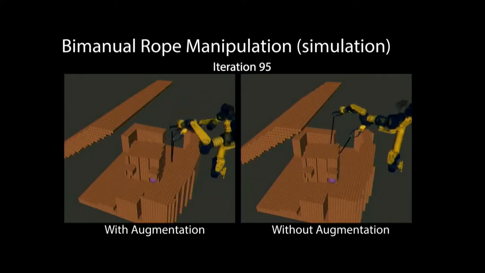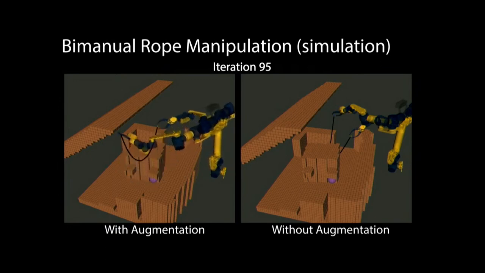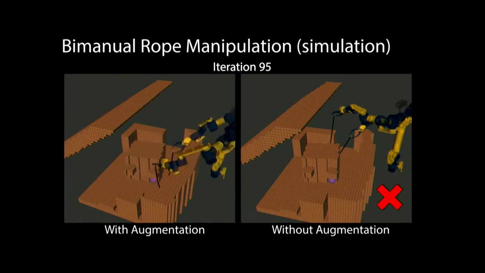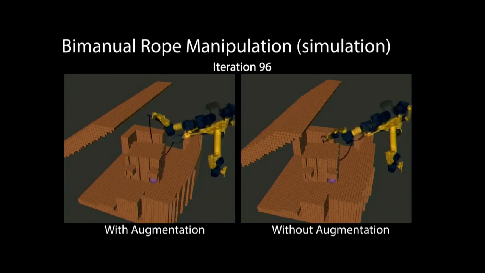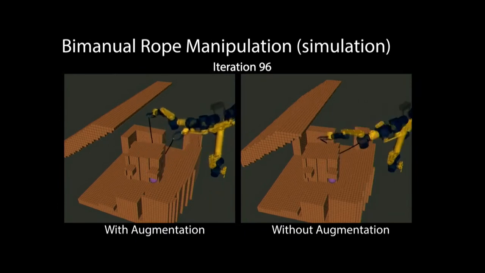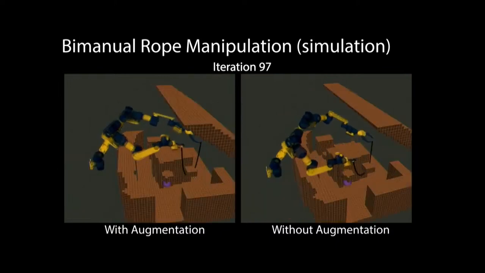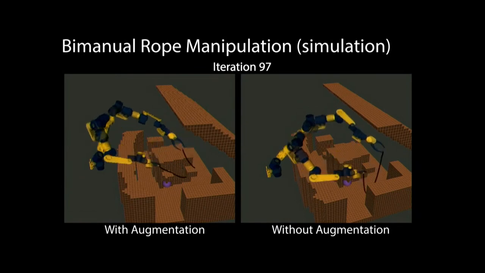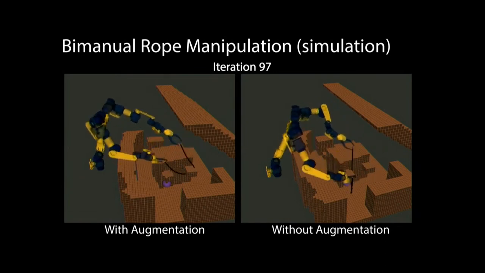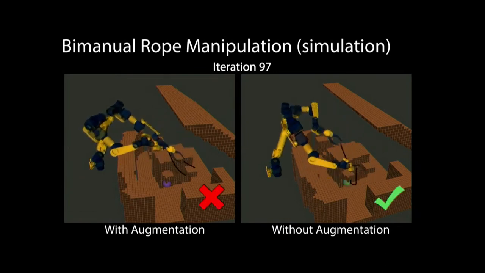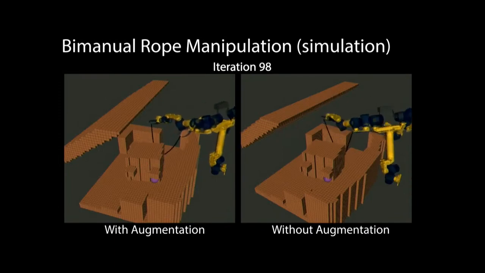First, we evaluated augmentation on a simulated bimanual rope manipulation task, shown here. The robot is holding the ends of the rope and is tasked with placing the middle of the rope within the goal regions under the hooks shown in purple. The planner uses an imperfect model of the rope dynamics, and in order to find accurate plans, it uses a learned classifier which predicts when the dynamics model is accurate. We apply data augmentation to the training data for learning this classifier.